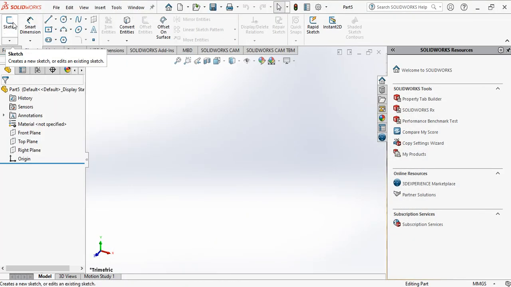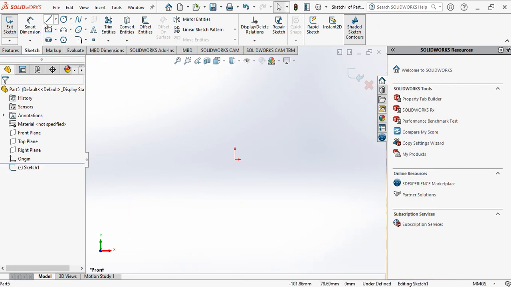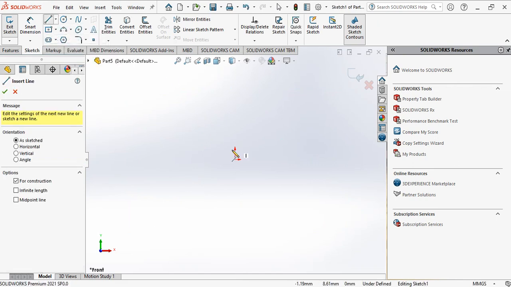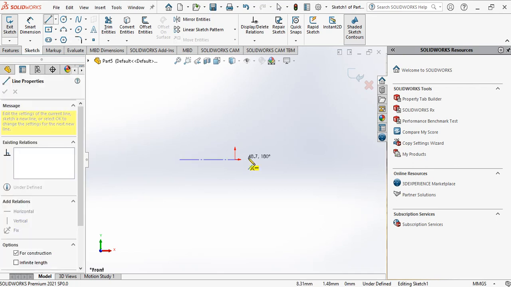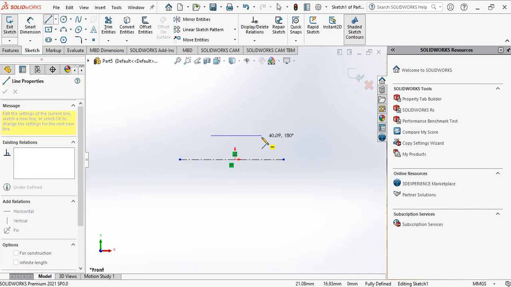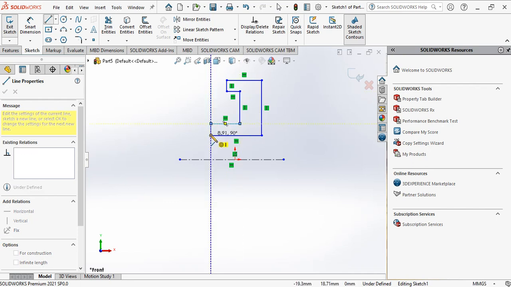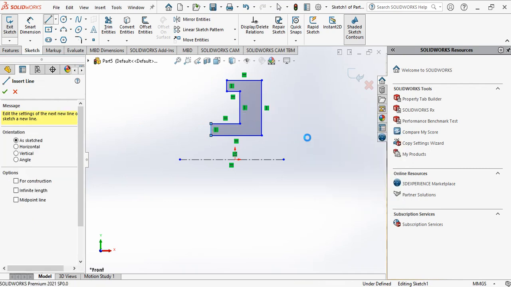Go to sketch, select one plane. Here, initially you have to draw one center line. Draw the section. In SolidWorks, you can draw the section first, and after that you can change the dimensions.